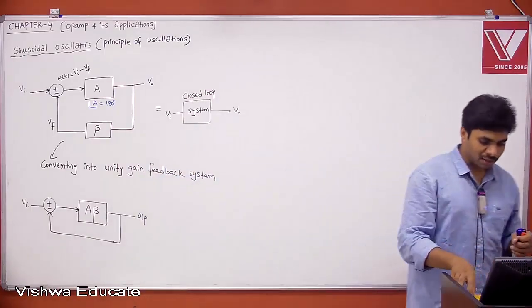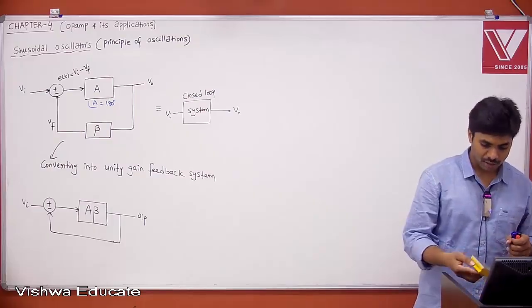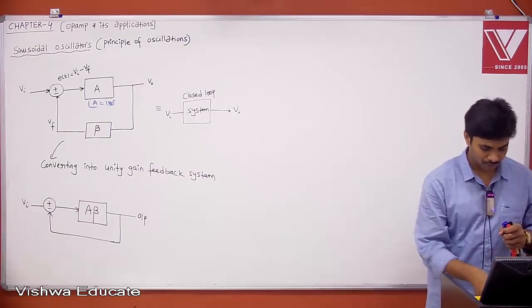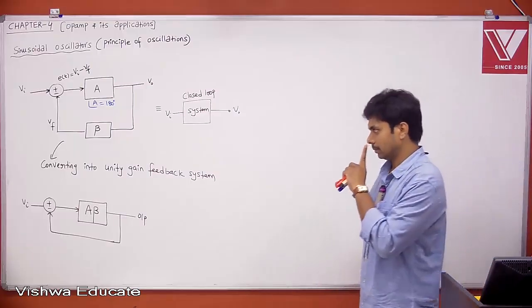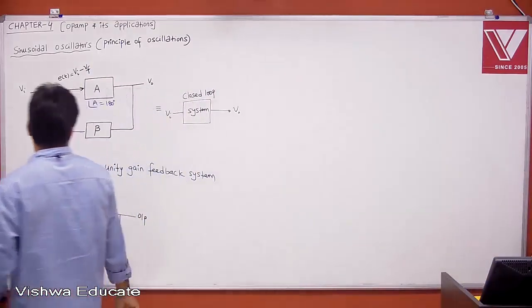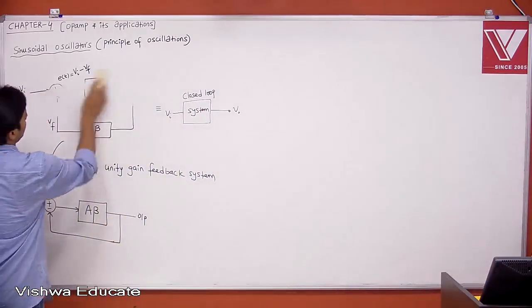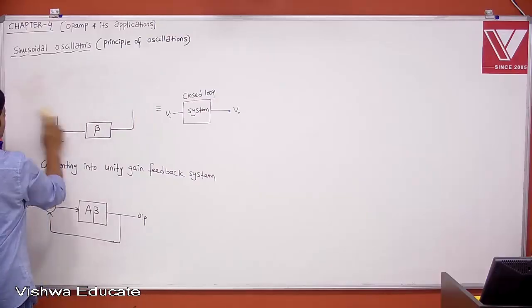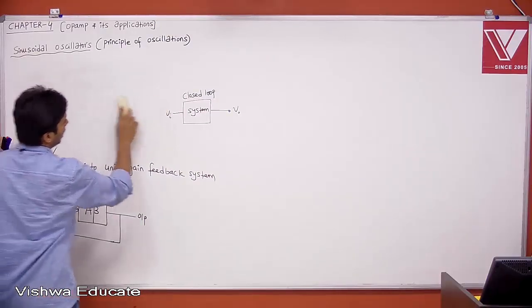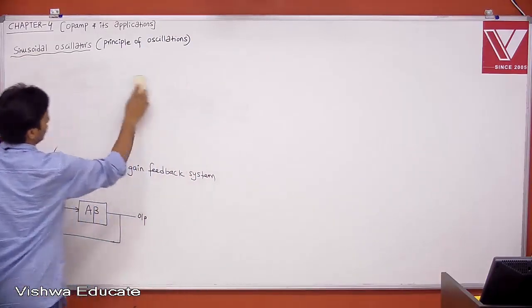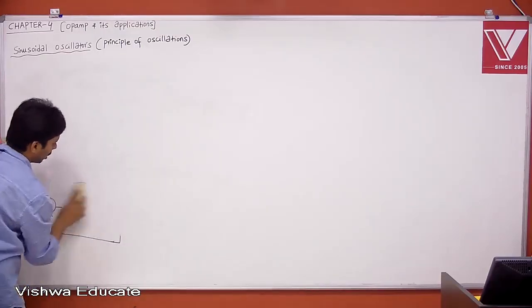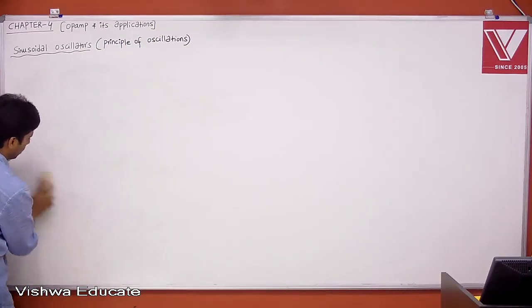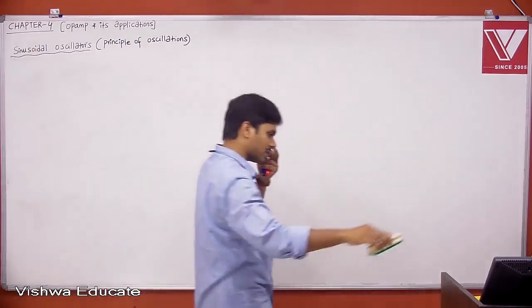Now let me explain 4 cases. Let me erase this, then I'll take the 4 cases, and finally I'll explain the principle of oscillations. I'm going to consider the unity gain feedback system. Now case 1,